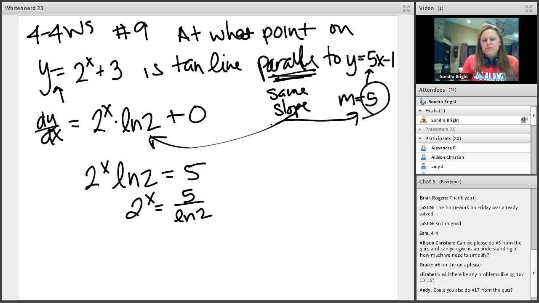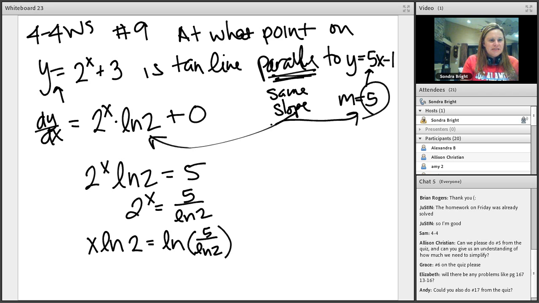Because the natural log of 2 is just a number. And then you want to take the natural log of both sides. And I would have an x times the natural log of 2 equals the natural log of 5 over the natural log of 2. Because here's what I did. I did 2 steps right there. I took the natural log of both sides,